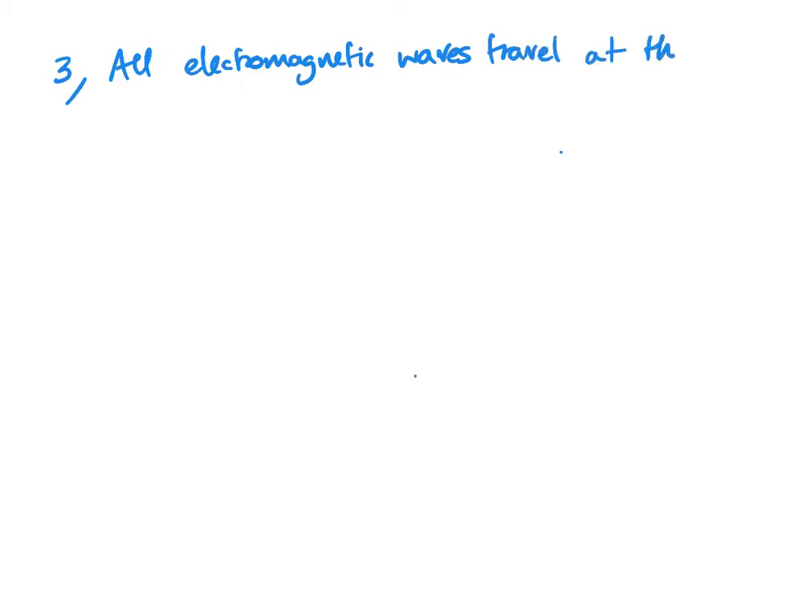Outcome 3 says all electromagnetic waves travel at the same speed as light, i.e. 3 times 10 to the power 8 meters per second. So example 1,